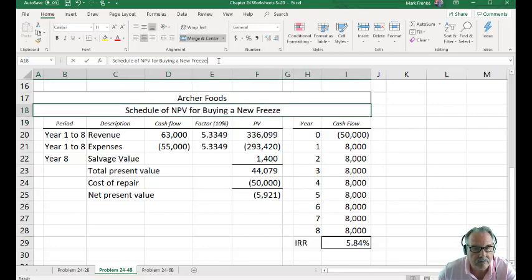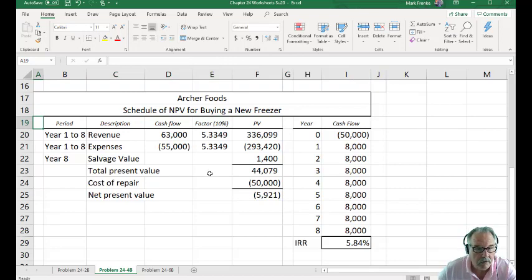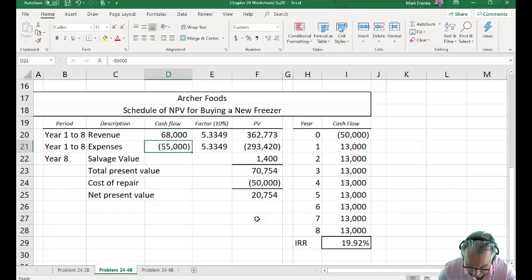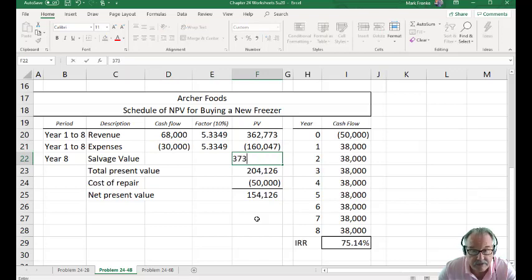Okay, freezer. And the cash flow is $68,000 in revenue every year, and the expenses is $30,000, and our salvage value is $3,732, which means our total net present value is $206,458, but this new freezer is going to cost us